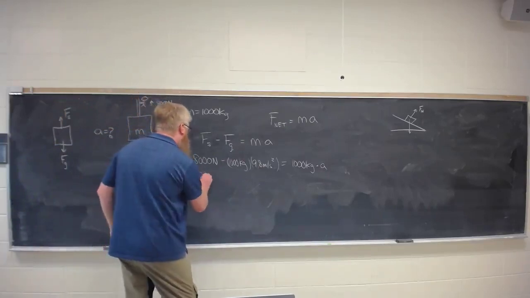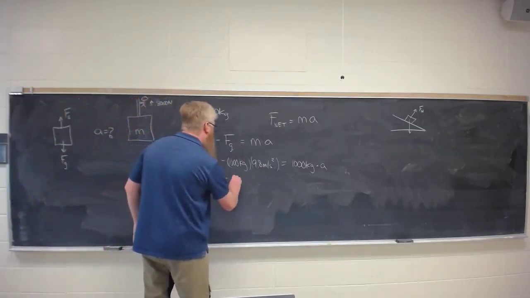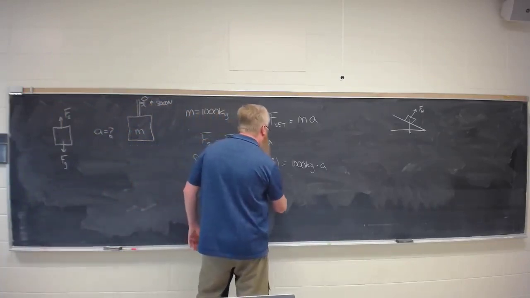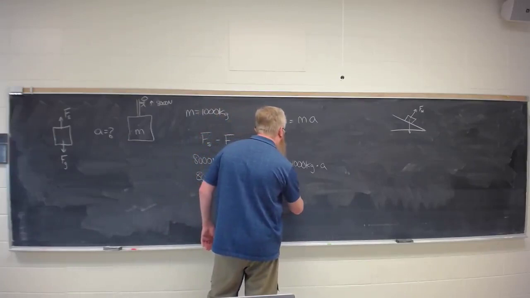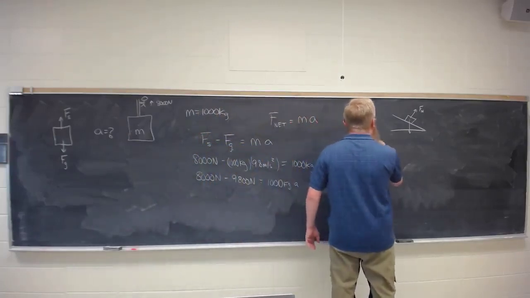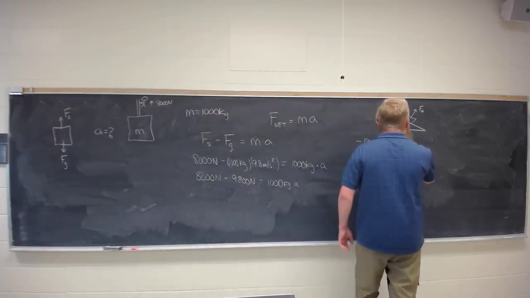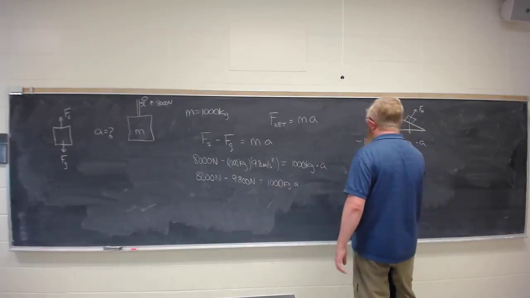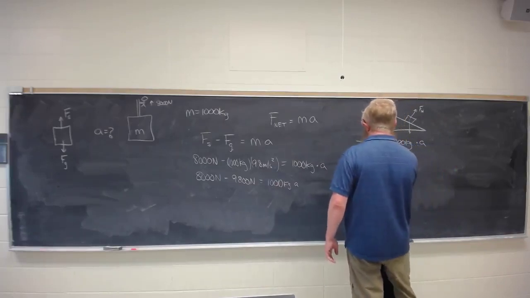So it's 8,000 newtons minus 9,800 newtons, which is equal to 1,000 kilograms times a. So that's minus 1,800 newtons is equal to 1,000 kilograms times the acceleration. Divide both sides by 1,000, minus 1.80,